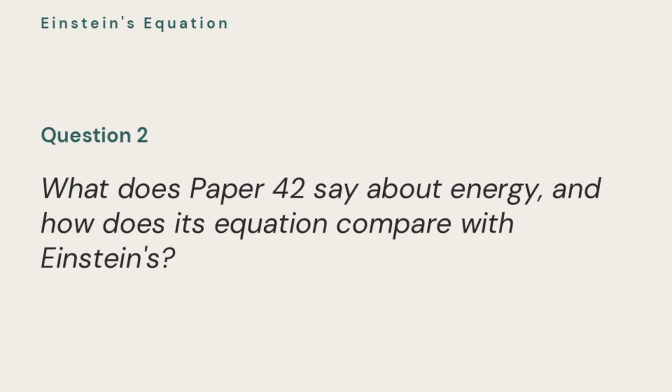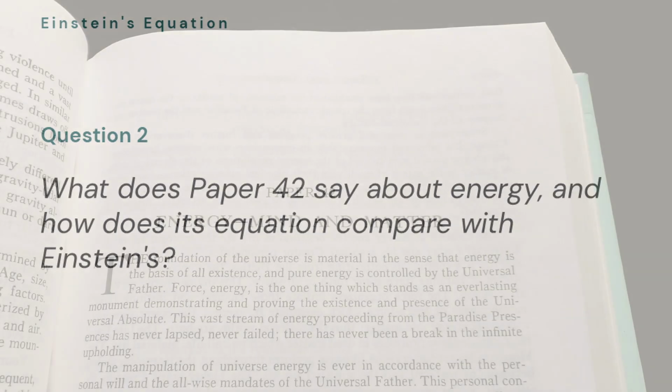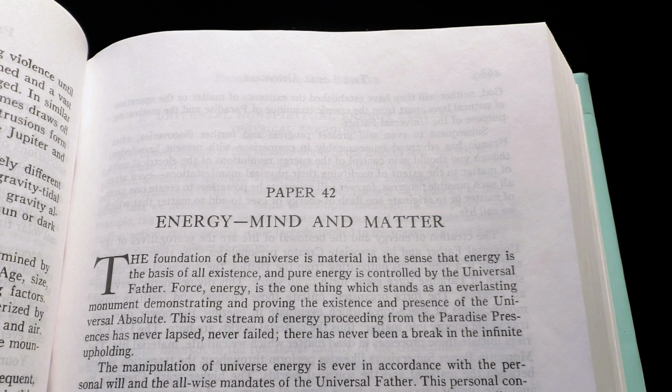Question 2. What does Paper 42 say about energy, and how does its equation compare with Einstein's? Paper 42 of the Urantia Book is titled Energy, Mind and Matter. Its opening statement establishes the paper's seminal character. The foundation of the